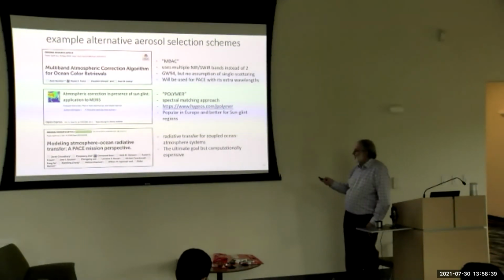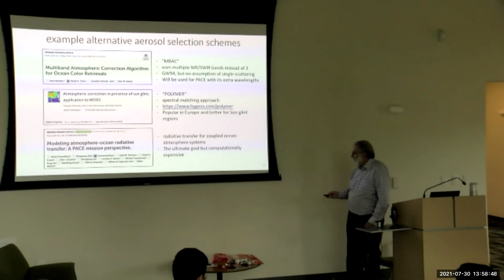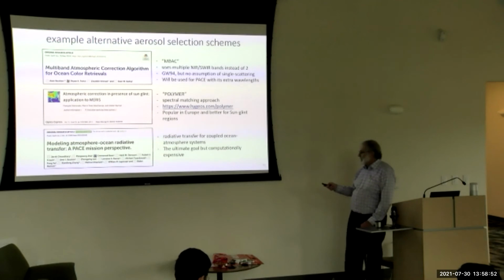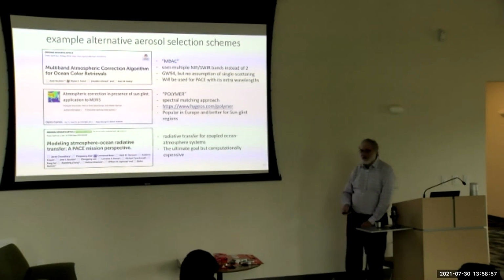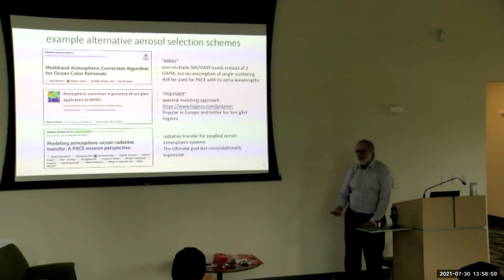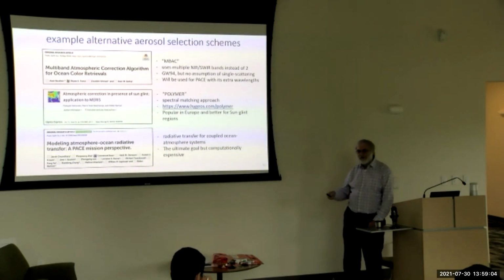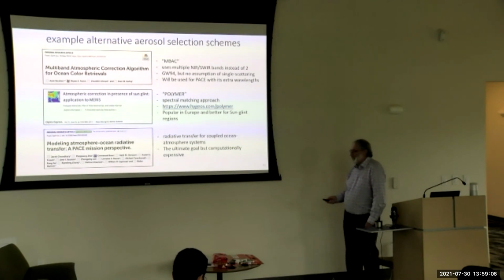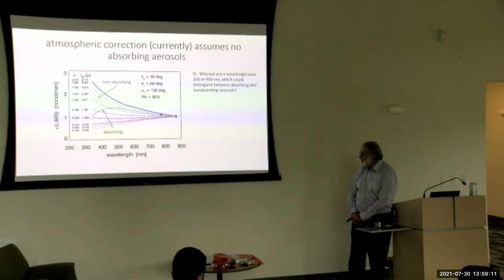There's another scheme here that's a spectrum matching approach that is getting used more in Europe these days. So there's the Maris people using that. There's a bunch of fancier radiative transfer coupled ocean atmosphere things. They work nice, but they're computationally expensive. So there are other techniques for handling non-black pixel waters, but with NASA, it's all about speed because of all the instruments they have. So here's now the next